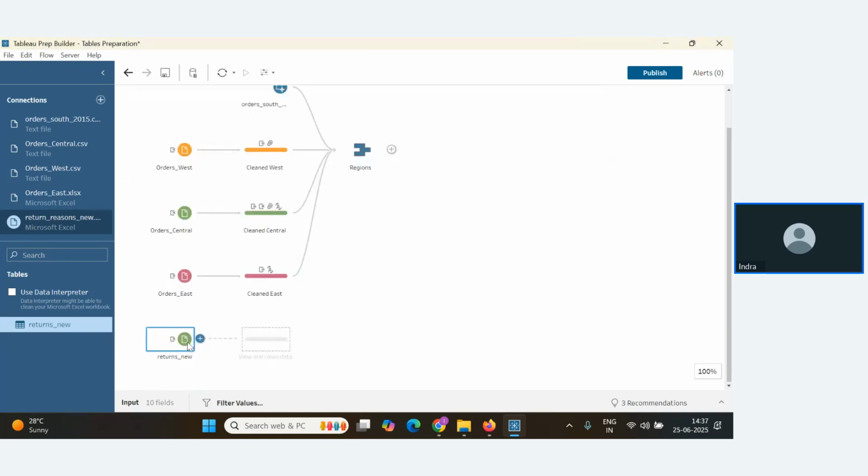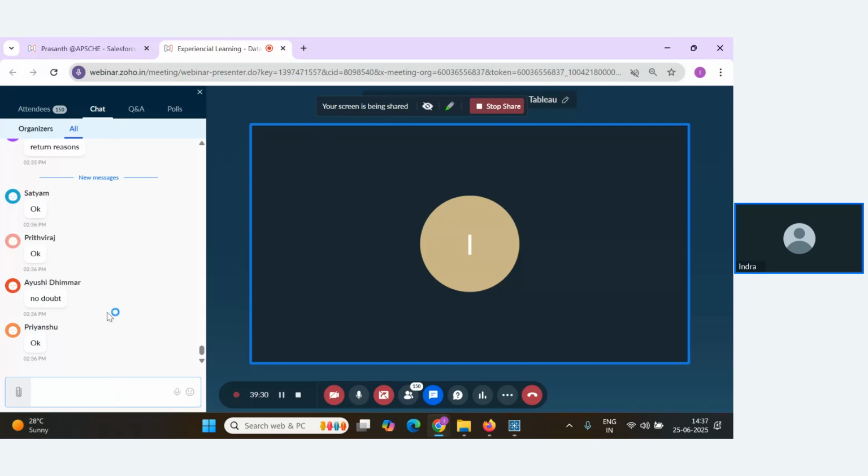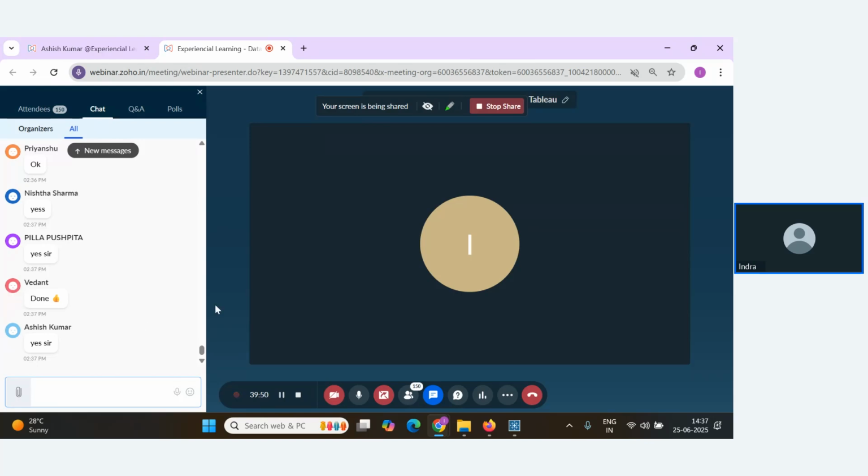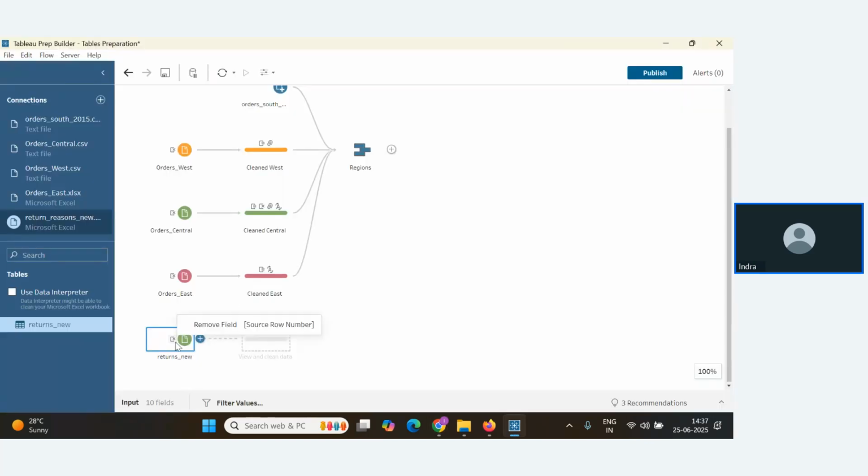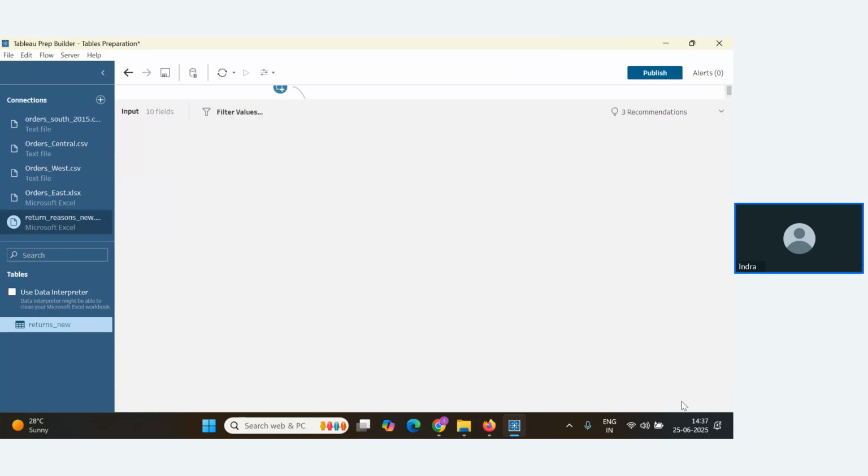Have you added the return table, guys? Please tell me. Please add the return table. If you have added the return table, click on the return table that you have imported and expand this.